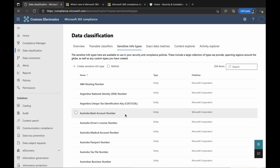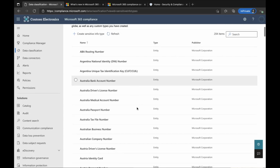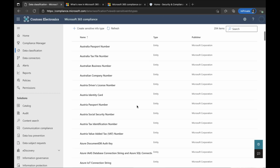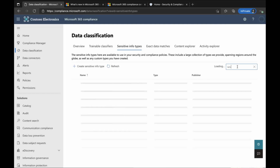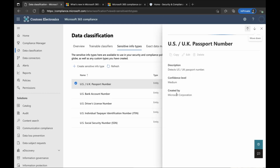And you have things in here like content based on financial content, medical content, privacy, GDPR content, and you can search by region. And so if I go for U.S., we can filter the sensitive information types by US content here. We've got US-UK passport number, US bank account number. We can have a look at these and